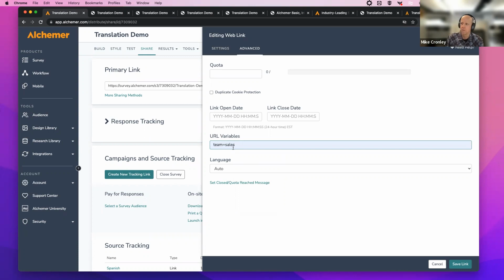It's a value. So this is useful if you know how it works. And this is not just Alchemer specific, URL variables are used across the web, a tool for gathering data.